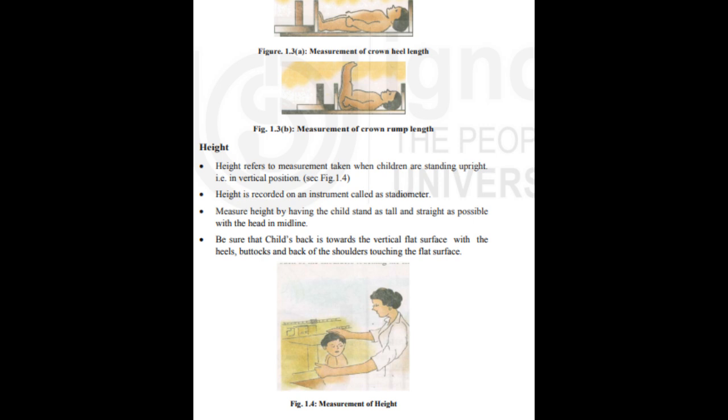Fig. 1.6. Keep the left arm of the infant at right angles. Make a mark vertical to the olecranon process and midway between the tip of the olecranon and the acromion process. Measure the arm circumference with the arm hanging relaxed and tape held snugly around the arm.